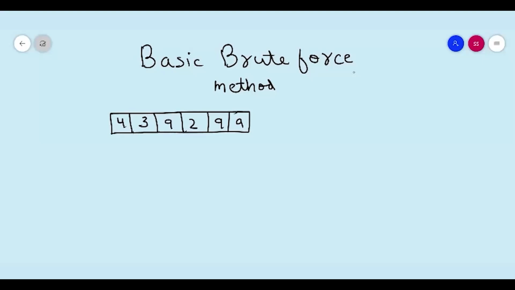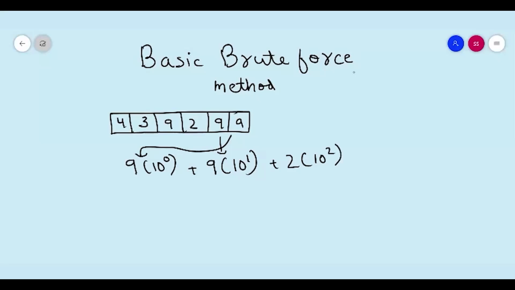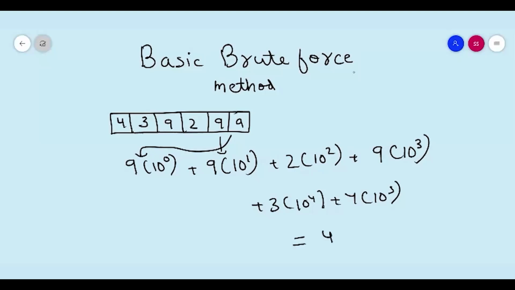Now, let's start off by thinking of the most basic brute force solution for this problem. The simple brute force solution here is to find the integer itself by doing the process we did in the previous window, which is 9 into 10 raised to the power 0, the first element, plus the second last element, 9 into 10 raised to the power 1, plus 2 into 10 raised to the power 2, plus 9 into 10 raised to the power 3, plus 3 into 10 raised to the power 4, plus 4 into 10 raised to the power 5, which will at the end give